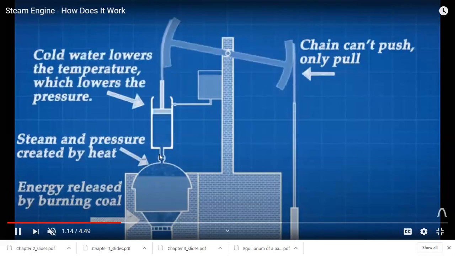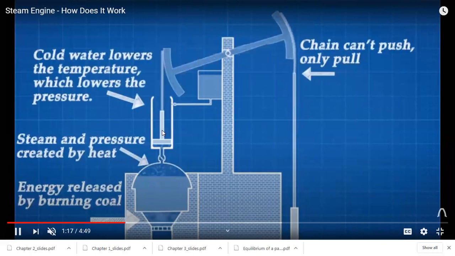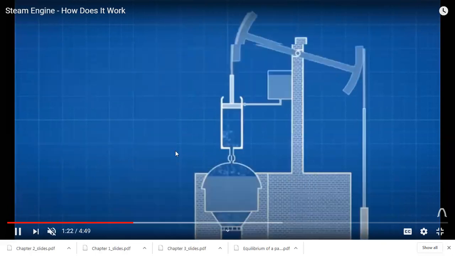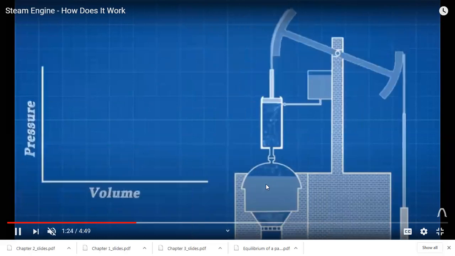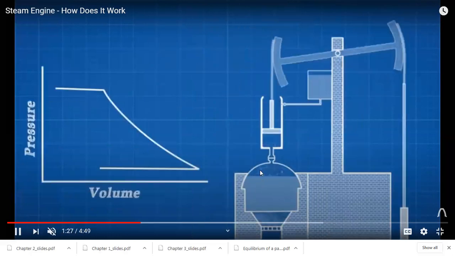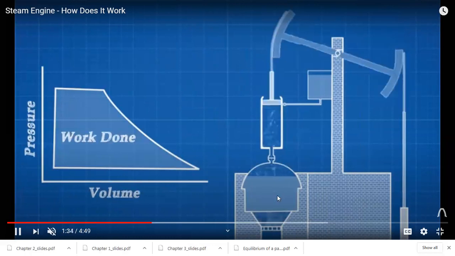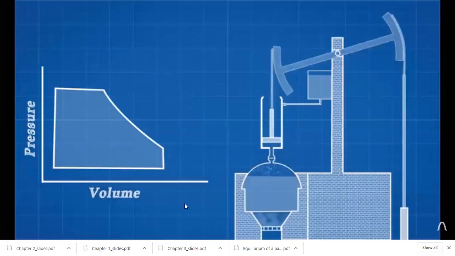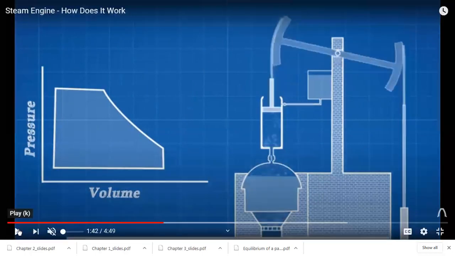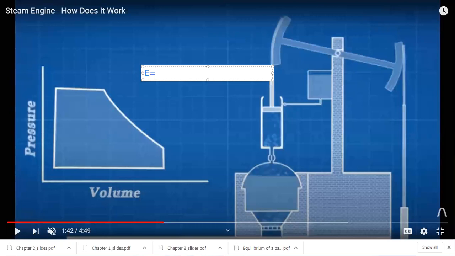So the piston will go up when we have high pressure, and then when it is cooled down, we have low pressure, and it will go down. So in this way, we can transform heat energy into mechanical energy, because we have here the translation of the piston created by this effect. And we will see in this course that energy can be calculated as the integral of PdV. So one of the ways of calculating energy is that energy is equal to the integral